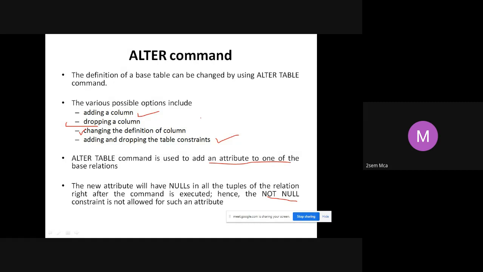See here, not null is not allowed for such an attribute. Whenever you add a new attribute, it will take null values. For example, you added total as a column. We added GPA as a column. Initially, nothing was there in those two columns, it was empty. So usually it has to be null only. That's why we say not null is not allowed there.